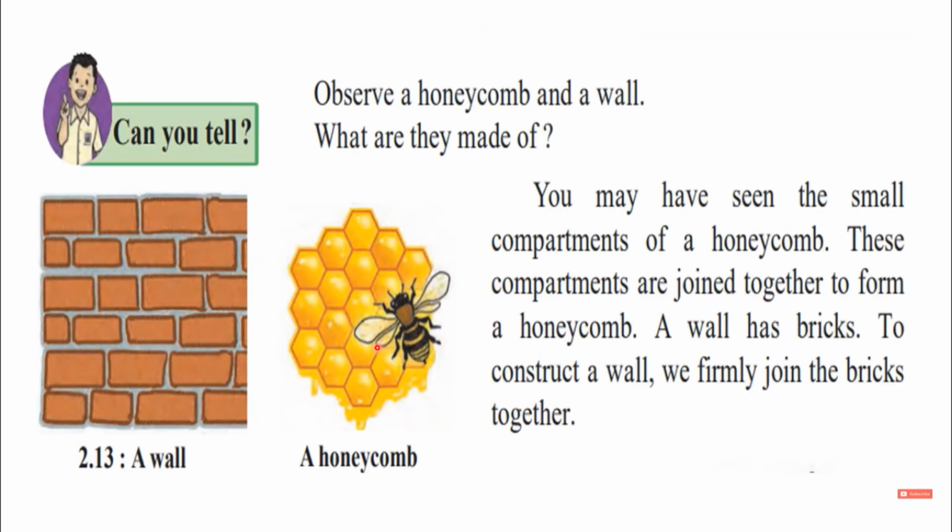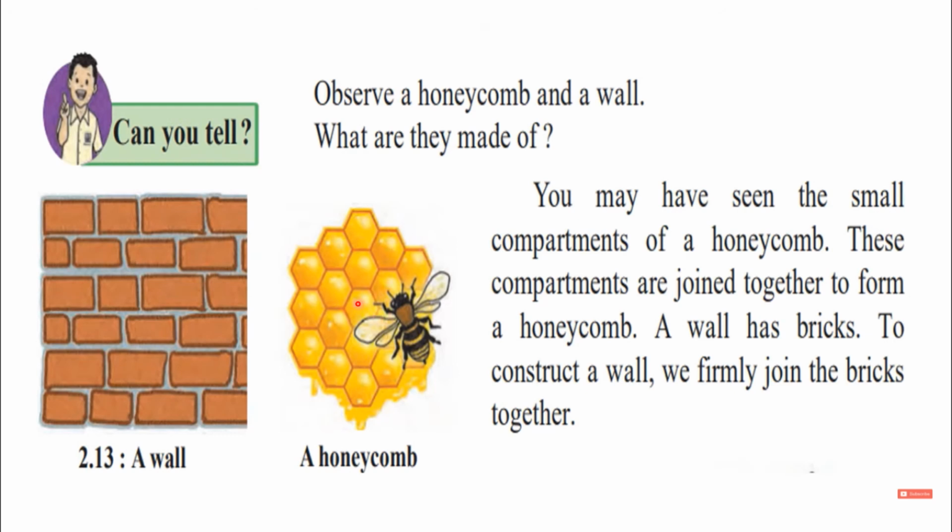Now you have to observe a honeycomb and this wall, and tell me what they are made up of. See these small compartments, first, second, third, right? Of a honeycomb. The honeybees store the honey in this honeycomb. These small compartments are joined together, the first, second, third, fourth, to form a honeycomb. That's why we say it is a honeycomb, children. So we can say this is one type of small cell, second, third, fourth, and in this way, in our